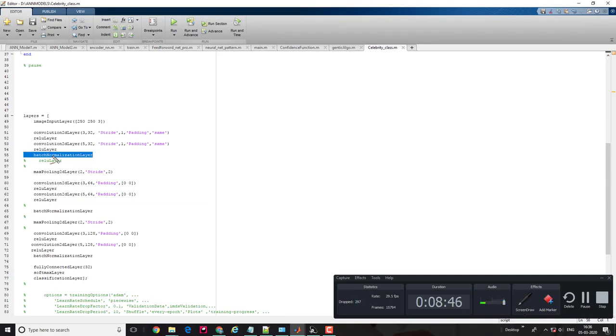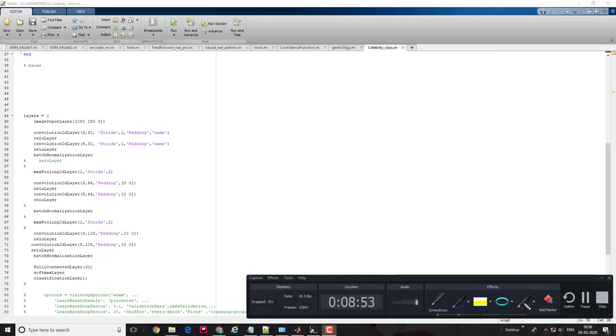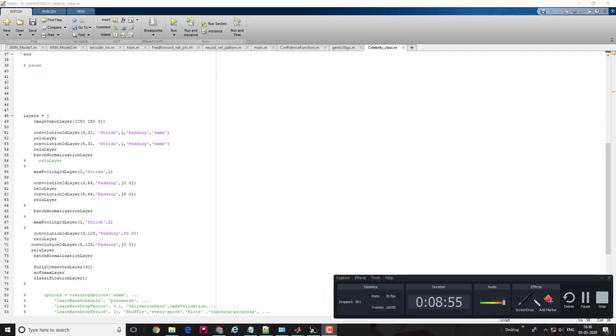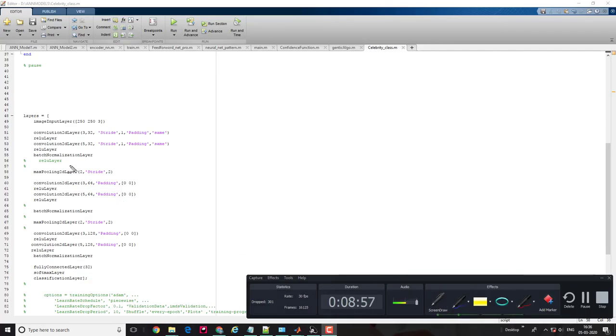Batch normalization, this is non-trainable features. Max pooling, for pushing the most dominating features to the next layer.